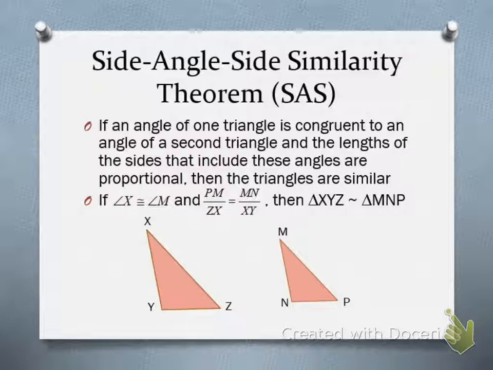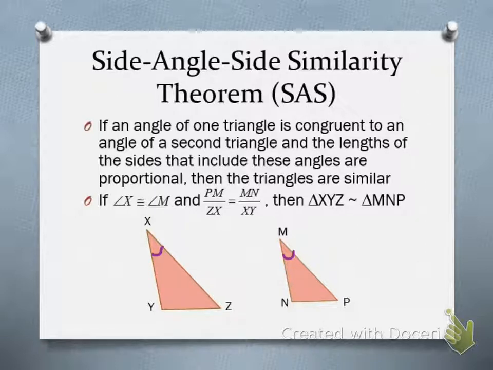The side angle side similarity theorem is a lot of words because it talks about how we need one pair of congruent angles and then 2 pairs of proportional sides. But remember, when we do side, angle, side, order matters. So the angle has to be included in between the sides that are proportional. Again, we don't really have a way to mark the sides being proportional. They do tell us that angle X is congruent to angle M, so that is something that we could mark